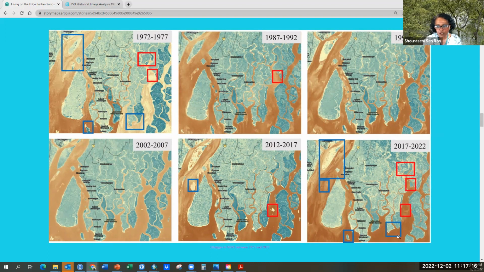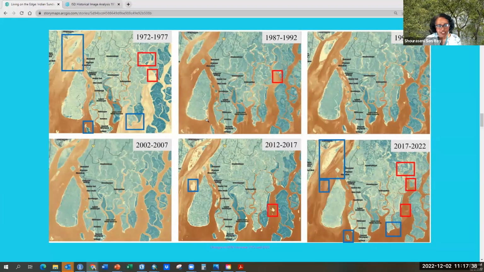It's become very small. Tips of these islands have become smaller compared to the 70s. And of course Sagar, there have been many studies looking at how the shape of this island has changed over time with receding coastline.